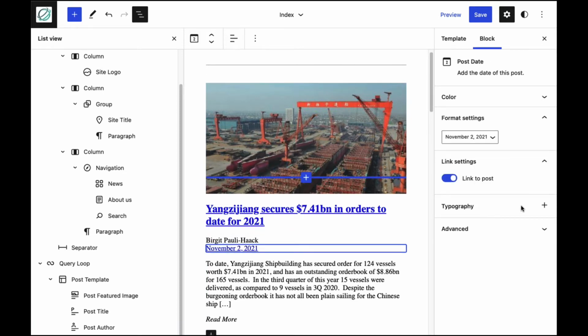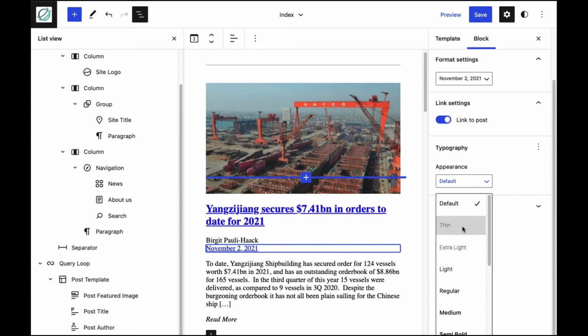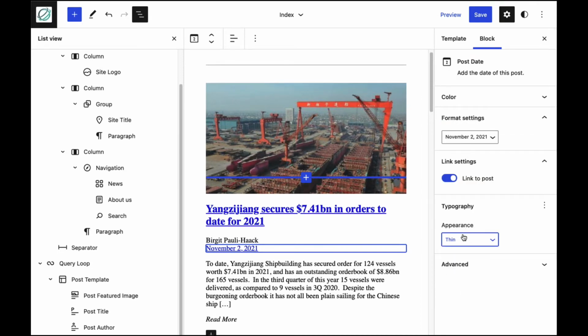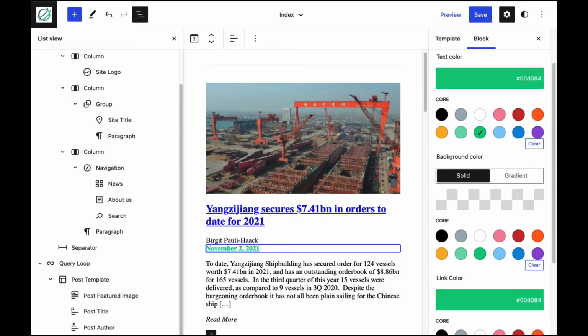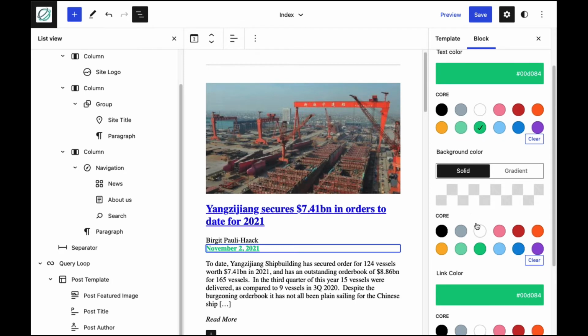And then you get the typography. You can change the appearance of that. You can say, okay, I want it thin, or I want it bold. So you get the picture here. You could also do some text color changes if you wanted to. You could say, I want it green. Doesn't work so much with the link, but if I do this, then there's a link color here,